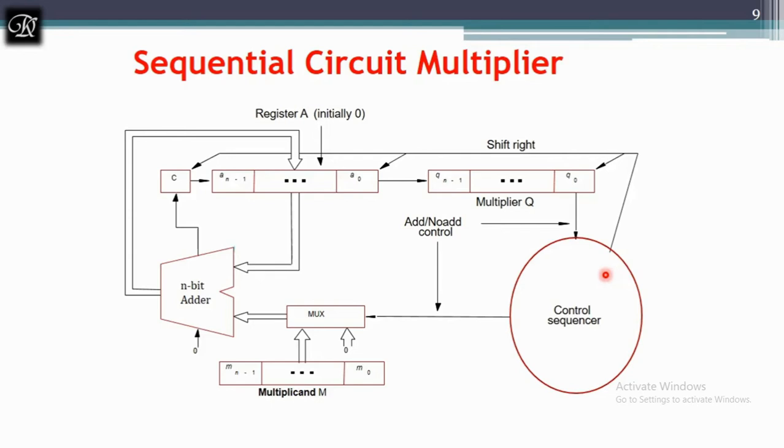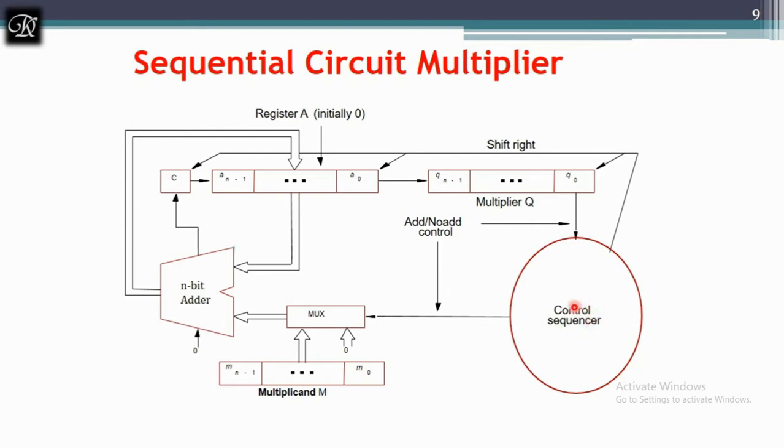Similarly, here we use a control sequencer based on the Q0 value given in the previous stage. In the second step, if Q0 is equal to 1 then add, and if Q0 is equal to 0 then don't add. That is decided by this control sequencer.